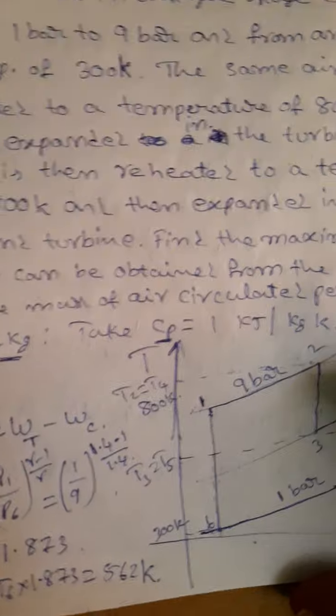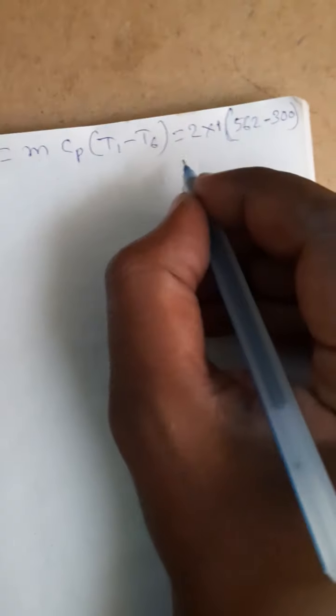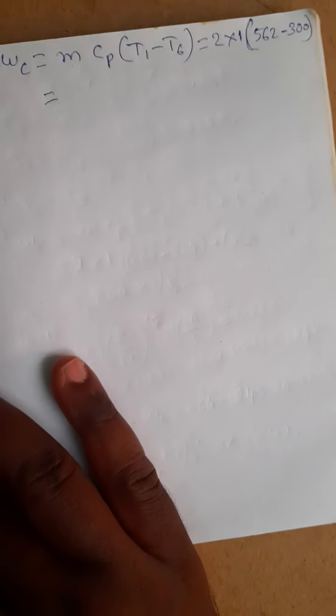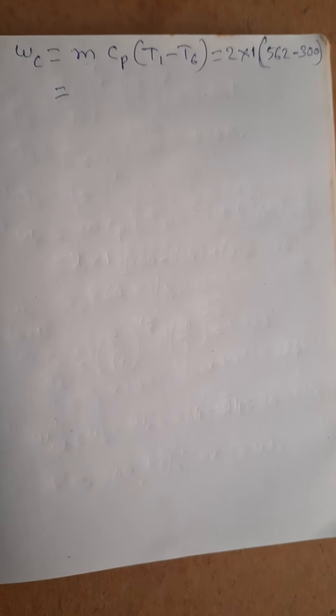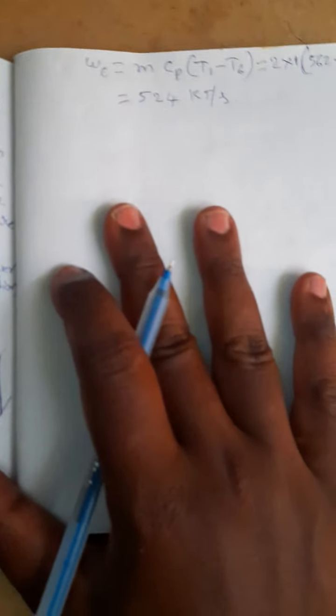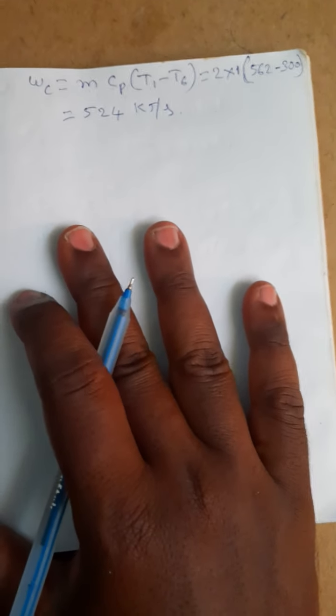T1 and T1. After calculation, you got 562 minus 300, so that is 262. (524 kilojoules per second). Now we calculated the compressor work. Now we want the